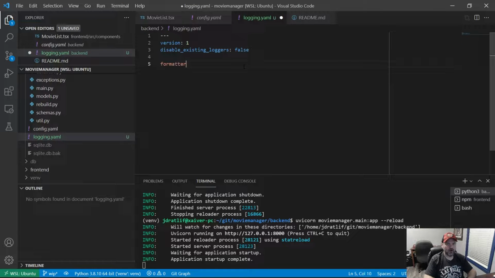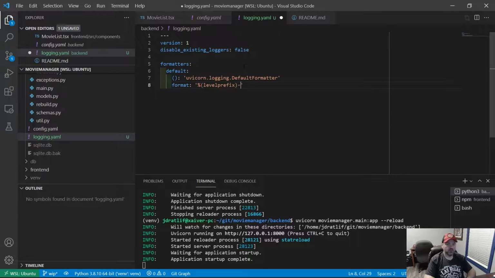So we'll start out by defining our logging formatters. This is how the message is going to look on screen or on disk. So default, which is just a name, it's not special. We have to assign the default logging formatter. So we're going to do this key here, which is the class that we are overriding. Generally, you just override the default base Python logger class, but we're going to override Uvicorn's logger class, and that will let us keep some of its nice syntax highlighting. So we're going to say it is uvicorn.logging.DefaultFormatter,